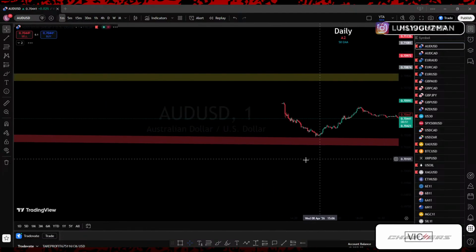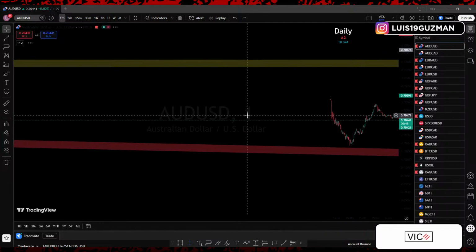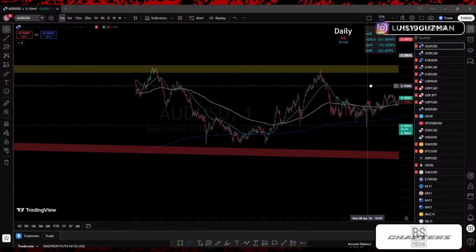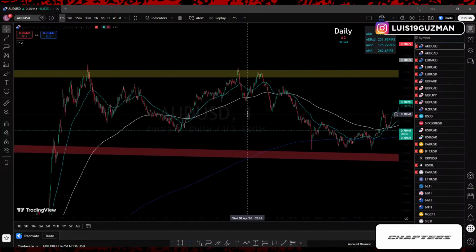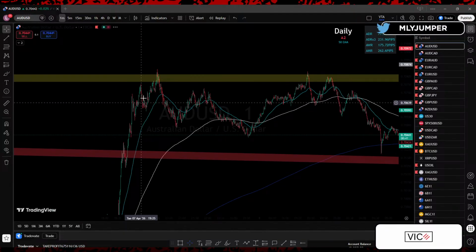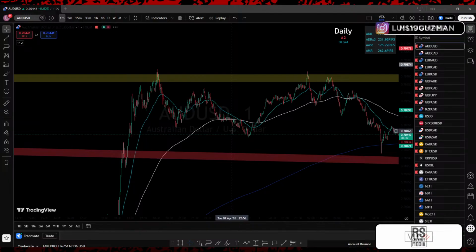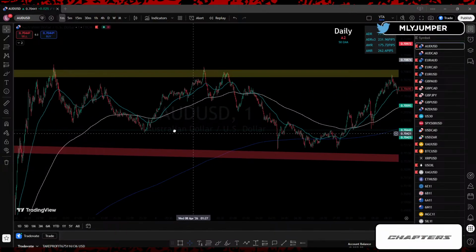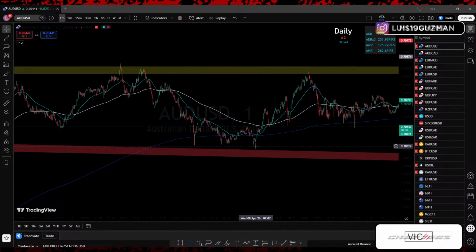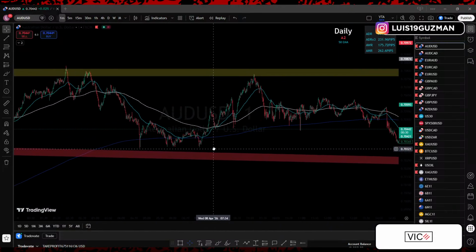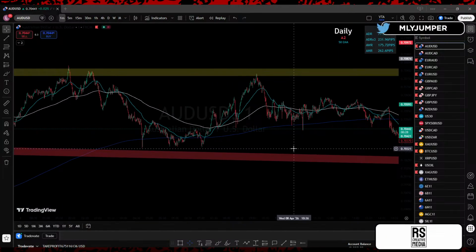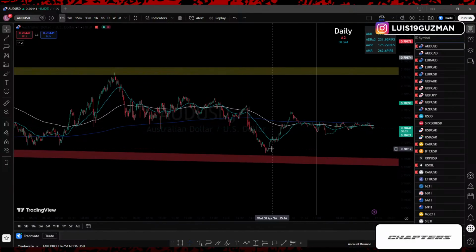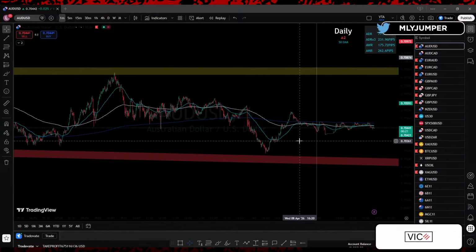On the 1 minute, we could get a little bit more mixy, but on 1 minute structure, I would like to see the 5 minute and 30 minute start trending before I take trades on the 1 minute. But on the 1 minute, we have low, lower high, lower low. Then price gave us higher high, change of character. Then price gave us lower low, change of character. We're trading between these highs and these lows. And price then gave us the change of character lower low. It gave us the break down here, and we're trading between these highs and these lows.